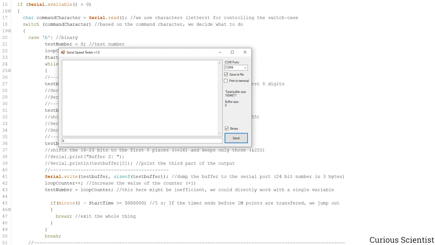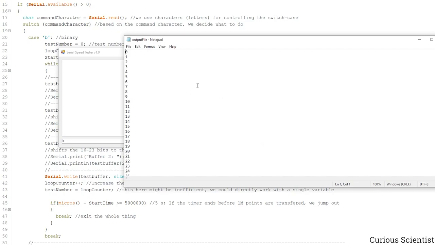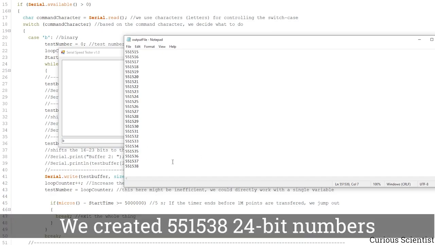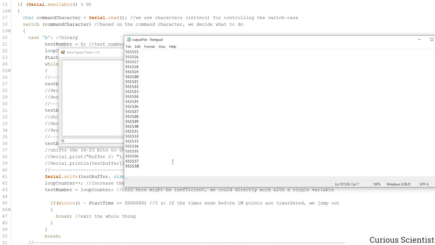So now I open the output file, which comes here, and you can see this iteration. This is the value of the loop counter, and you see it started from 0, 1, 2, 3, and so on. And then here we go. The last value here is 551,538. So what happened is that within 5 seconds, we were able to send out more than 500,000 24-bit